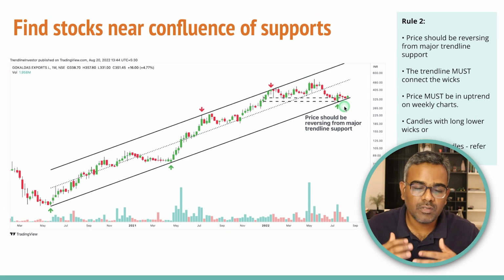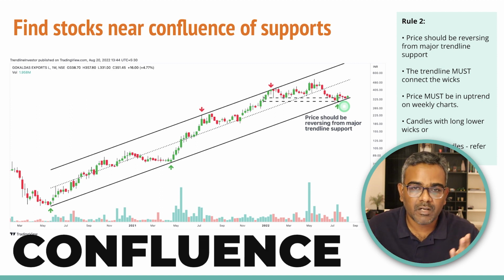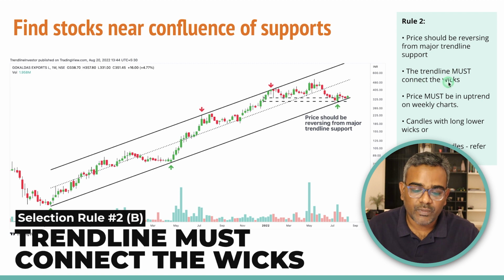So when you have both the reversals happening from the horizontal and from the trendline support, that's what you call a confluence. Confluence is nothing but the merging of two different zones in technical analysis. And then the trendline: ensure the trendline connects the wicks, because sometimes some people might draw random